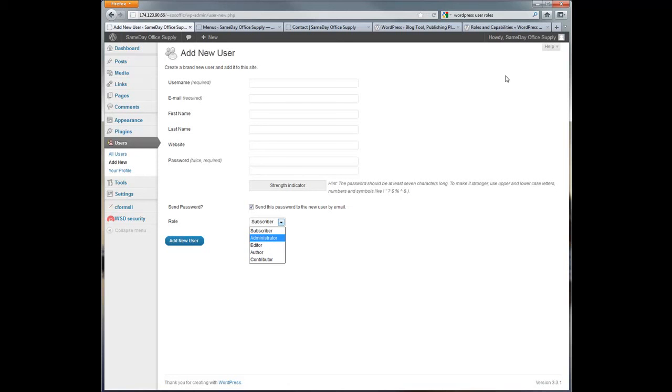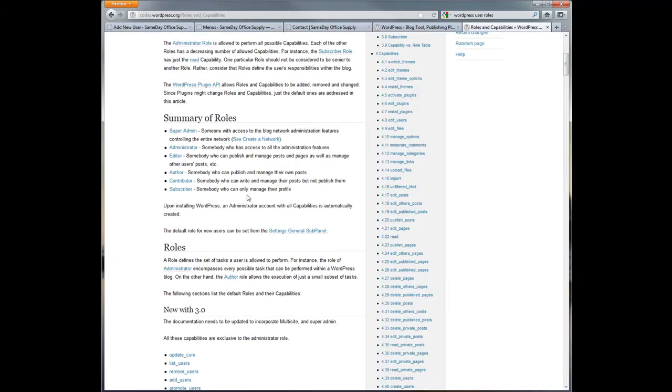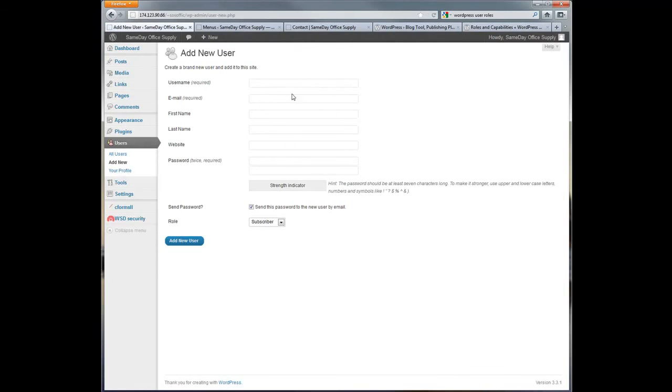That's an administrator. A subscriber is somebody who can just basically manage their profile. If you have a membership type website, or you force somebody to sign up and get a subscriber user account in order to create and manage content or comments, then you can set up that feature on your website, and when the subscriber logs in, they literally only see this information. So all of your page content, your posts, the appearance, all of this goes away,